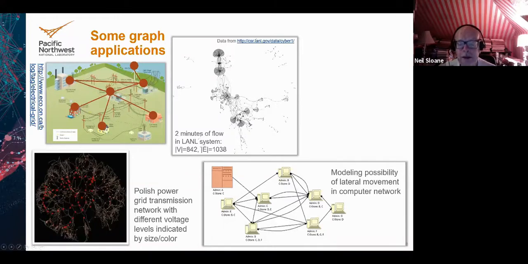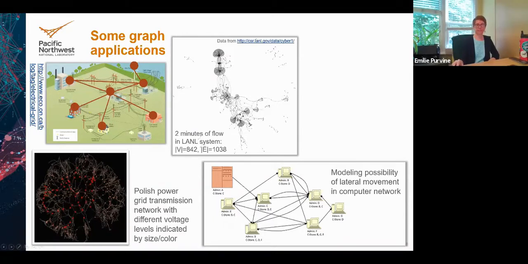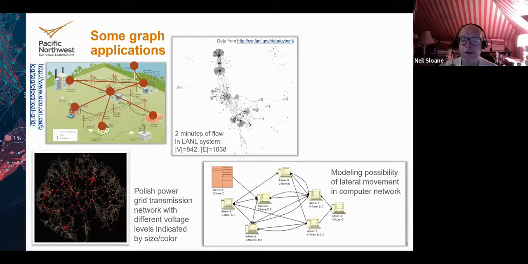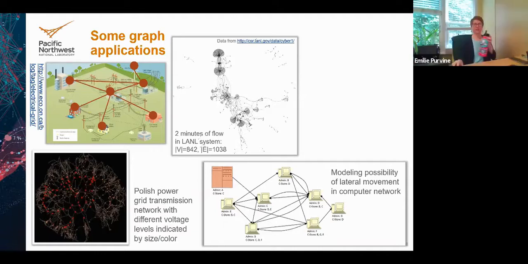Emilie, you remember that AT&T used to have a very large room, yes, which displayed the traffic across the whole of the AT&T network, the whole of the United States, yeah, in real time. Yeah. Wow, that's cool.